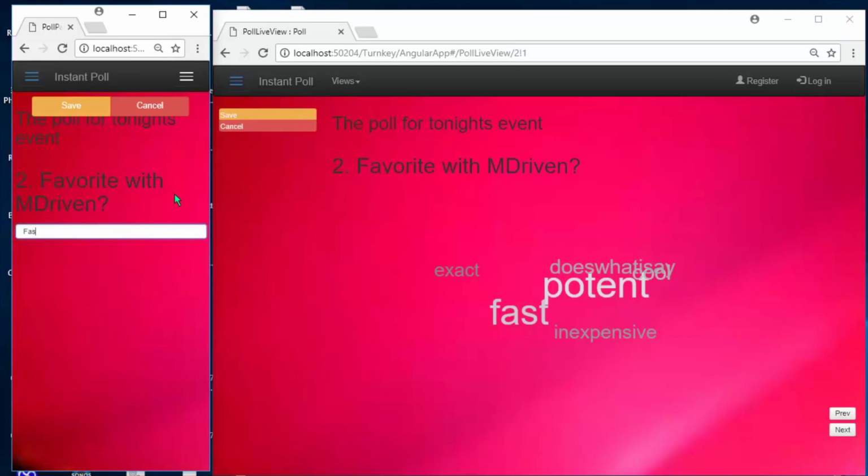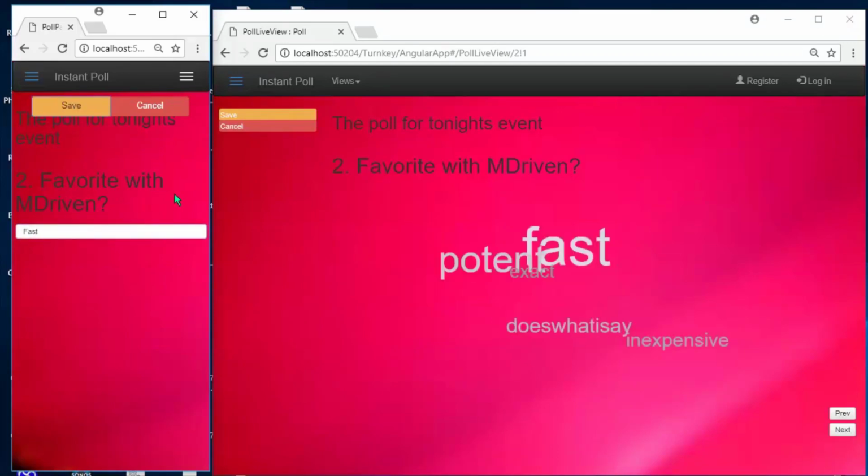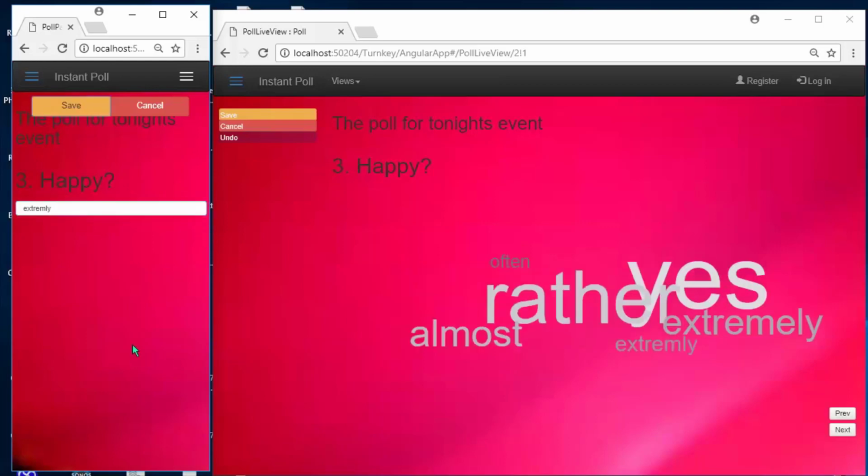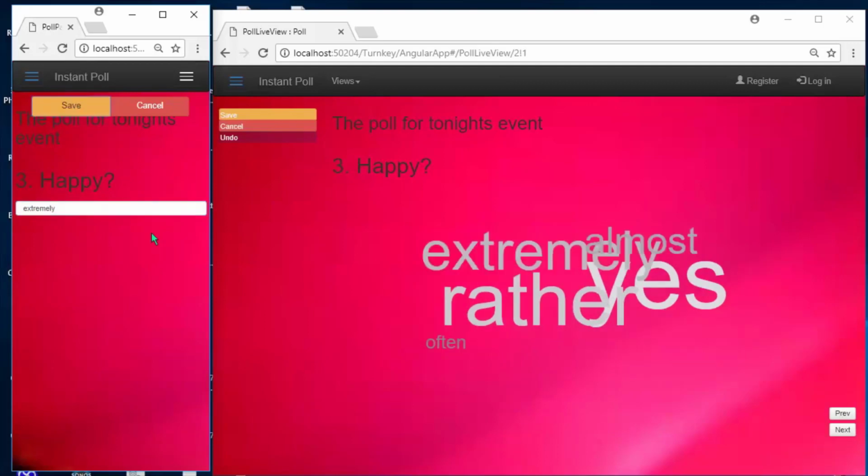And the more that said the same thing, the bigger that word became instantly. So that was a really good and interactive way to start off a session, and I was really impressed by how it worked. Extremely happy. Everyone answered these simple questions, and if I spell it wrong, it wouldn't add to the word.